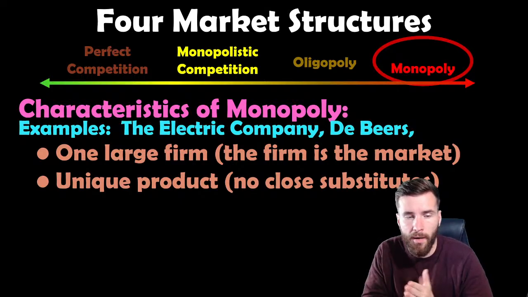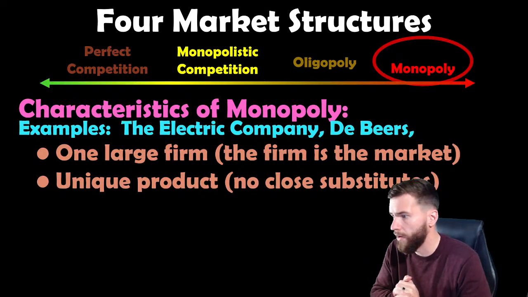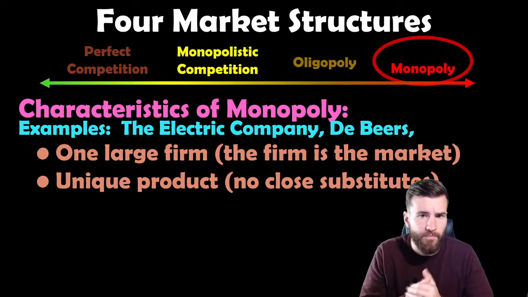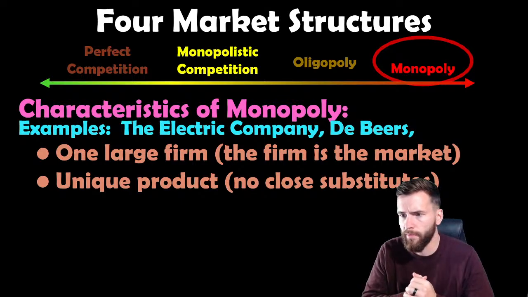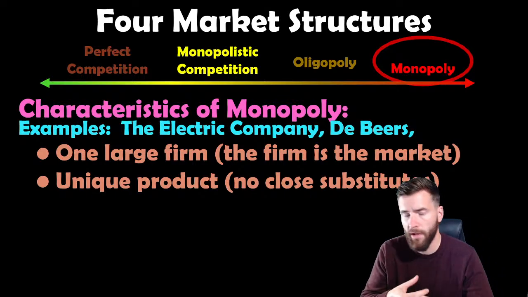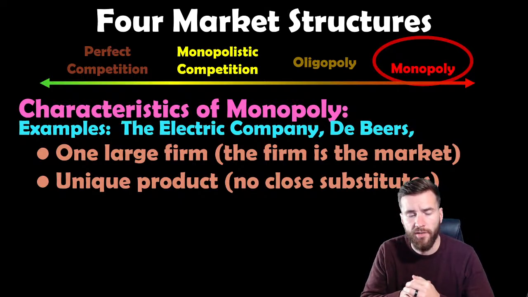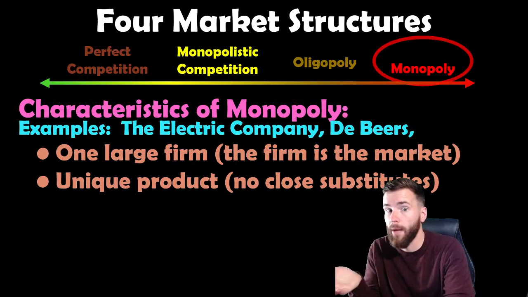So how does a monopoly exist? Well, they have to be the producer of some sort of unique product that has no close substitutes at all, right? Like De Beers Diamonds. There were no other producers of diamonds, really. If you wanted a diamond ring that was real, there's no other person you can really go to. If you wanted steel back in the day, you had to buy Carnegie Steel. There was no one else that really produced steel. That's the idea. They have some sort of unique product that no one else has. So, therefore, there's no competition.